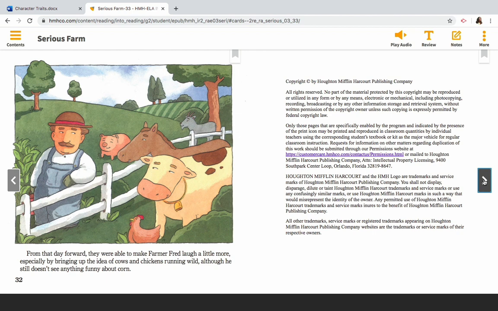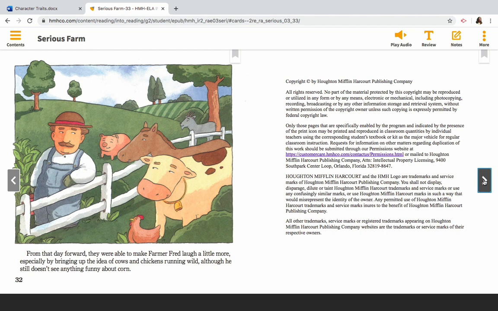Okay? On the side of the picture that says internal, I want you to draw 2 lines and list 2 internal character traits about your favorite character that you've chosen. On the other side, where it says external, I want you to draw 2 lines and list 2 external character traits about the character that you have chosen.